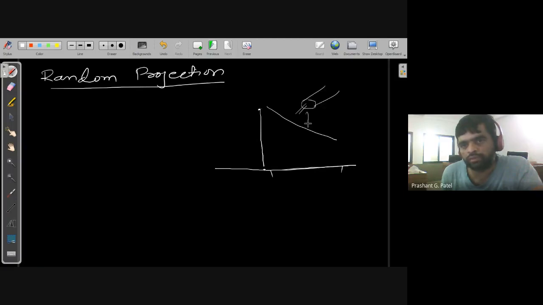If we throw one light from this, whatever shadow appears on this line, that is a projection. Here, if this is a straight line, I'm taking a vertical line, and if I throw a light from this side, then the projection of this whole line becomes just one point. So that is the actual meaning of a projection,